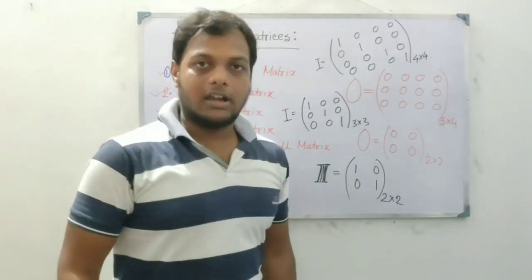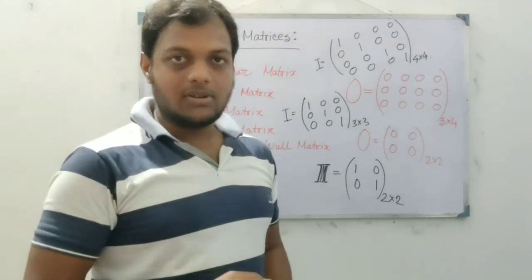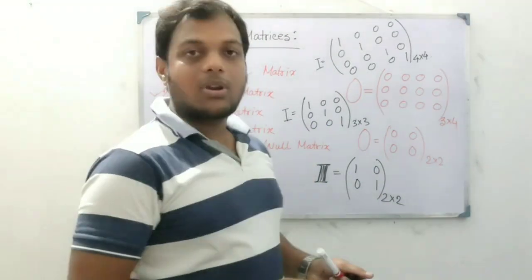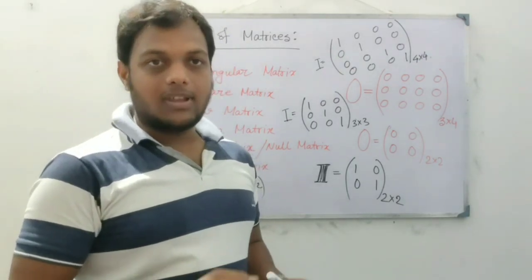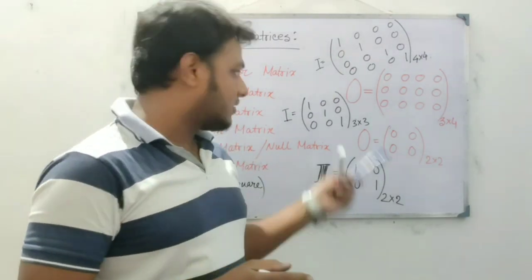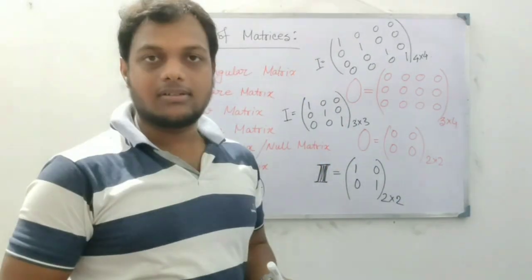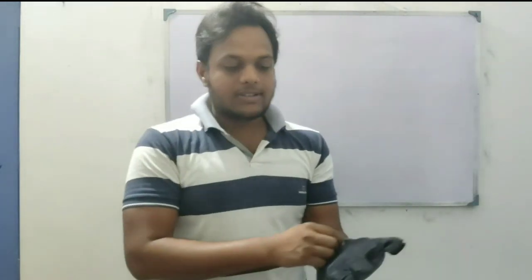And I will discuss in another video why this matrix is called the identity matrix and what the characteristics of the identity matrix are. Actually, we need a complete class to discuss all these things. Next, I will discuss operations on matrices. In mathematics there are 4 types of operations: